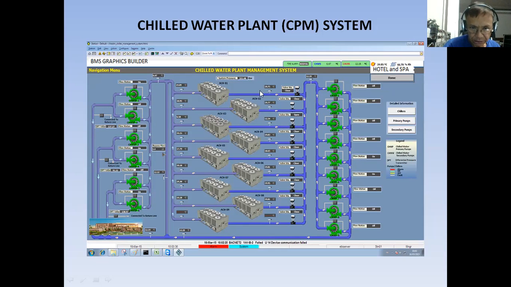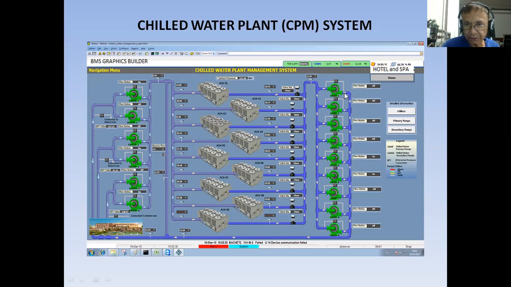Now, these 9 primary pumps will be the ones to pump back the chilled water coming from the load to the chillers. So 6 secondary pumps, then 9 primary pumps. These primary pumps are not controlled by VFD.